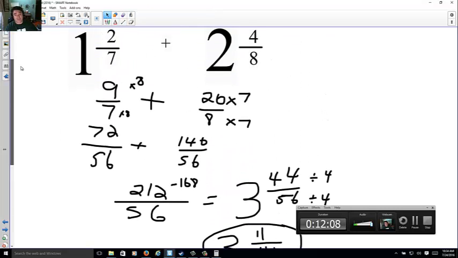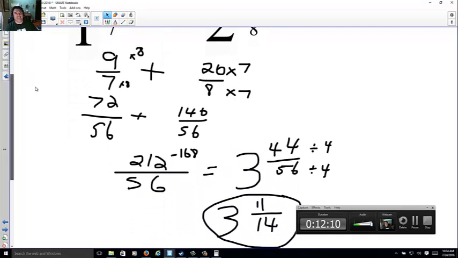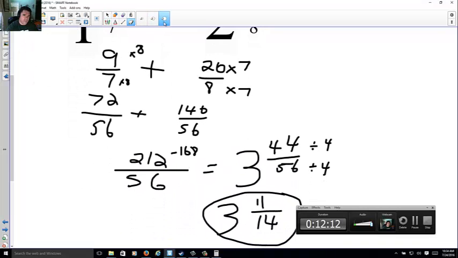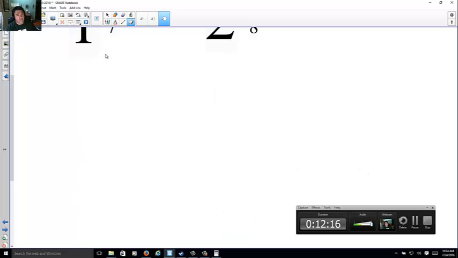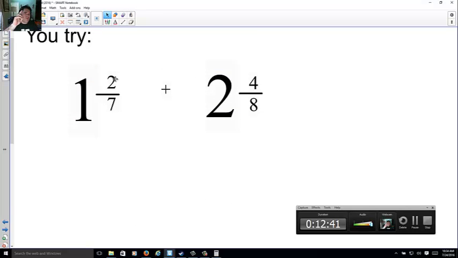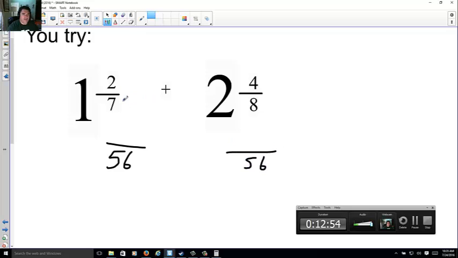Now, understandably, you look at all this and you're like, that is a lot of work. Okay. I'm going to get ahead of myself and show you the shortcut now. I wasn't going to yet, but I'll show you the shortcut now. I want you to take 2 7s and 4 8s, and I want you to notice that 7 and 8 meet at 56. Now, we did that before. Notice how I'm not going to plug the big numbers in this time. All right. Times 8,